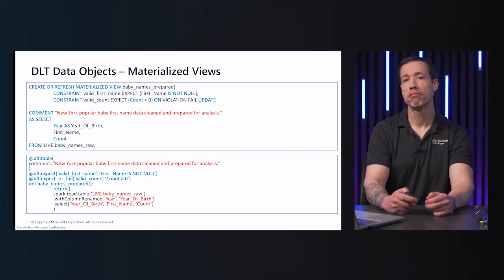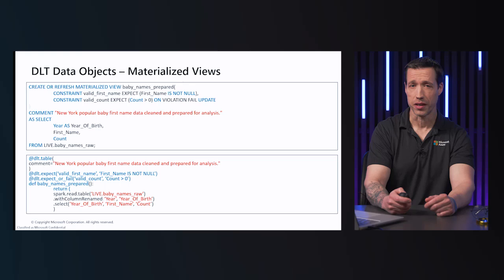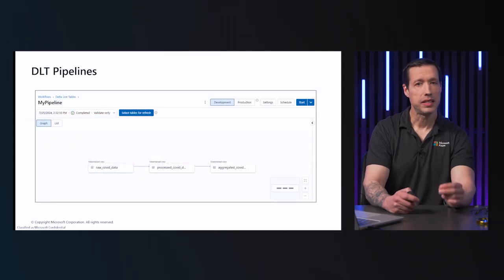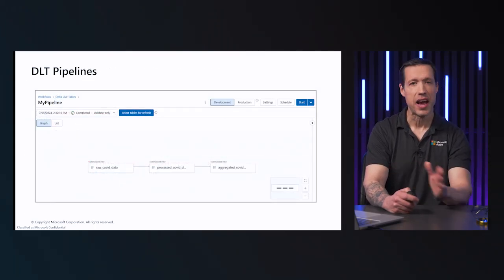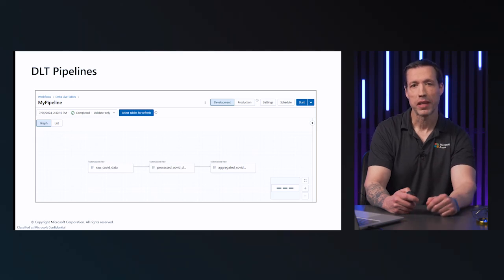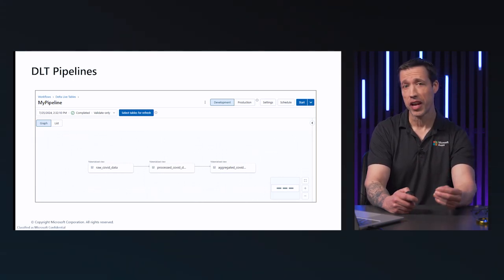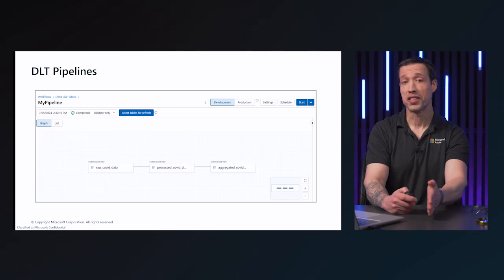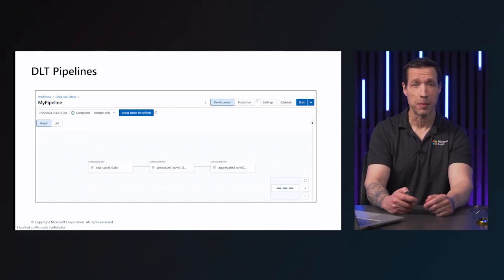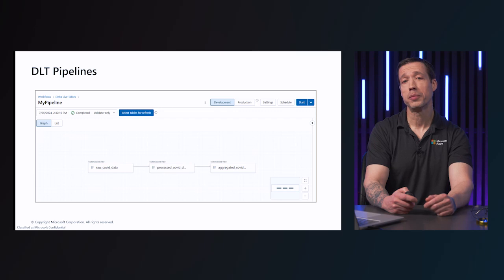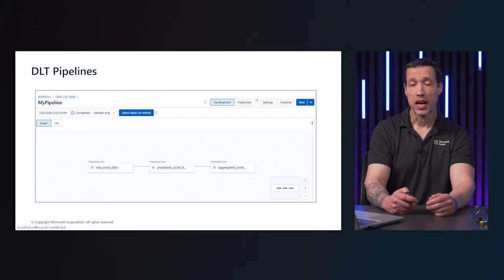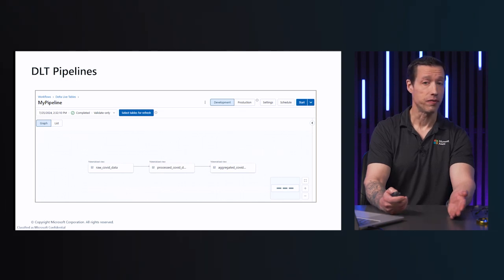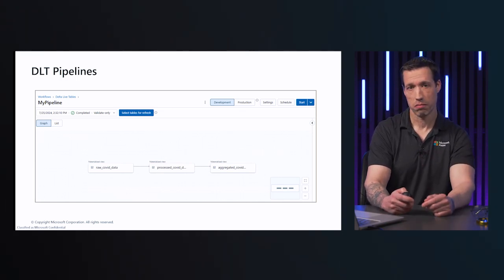Now that we know what we can create, let's look at the pipeline and what it can do. A Delta Live Tables pipeline is the master plan that coordinates all the work. It contains materialized views and streaming tables, ensuring updates occur in the correct order. The pipeline compares the current state with the desired state, efficiently processing updates to keep the data accurate and up to date. Once configured, a DLT pipeline triggers updates, starts clusters, discovers tables and views, and checks for errors.